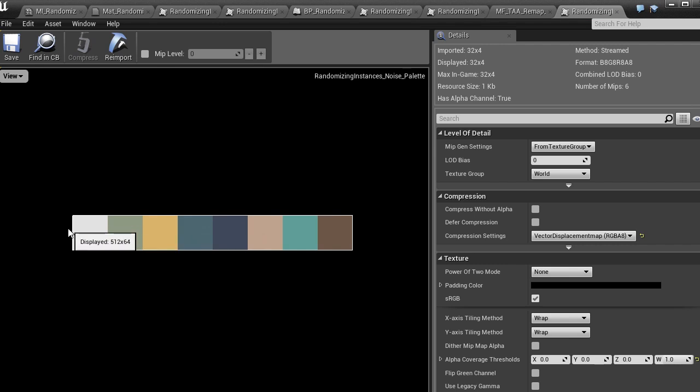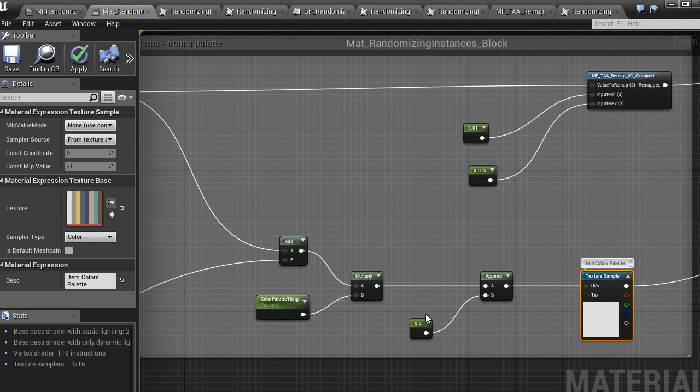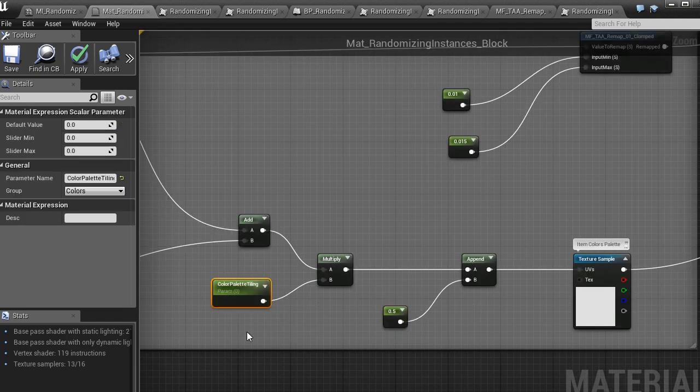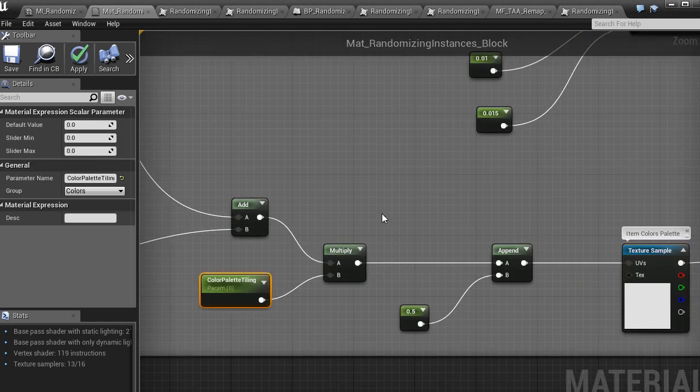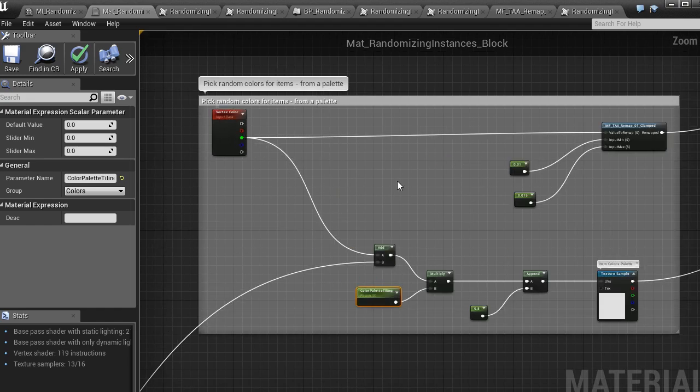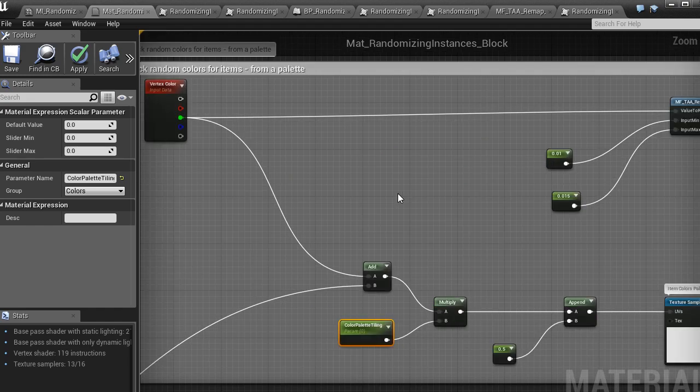So basically the horizontal axis is driven by this value, while the vertical axis is set explicitly to half. And the color palette tiling is like the frequency of this palette. So we have more randomization within the vertex colors 0-1 range. By default I will set it to 3.